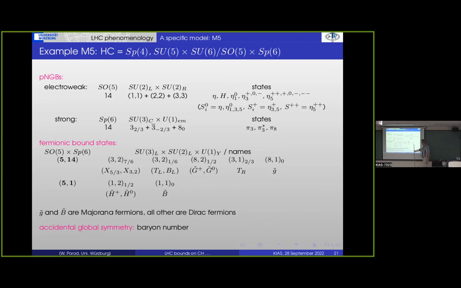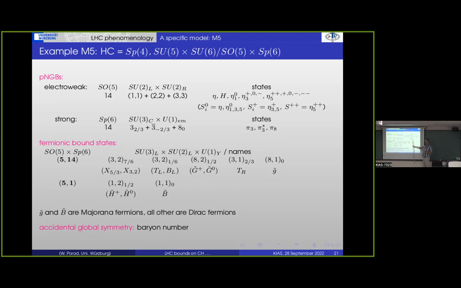But this also tells us that we can use, partially, SUSY information or SUSY searches to constrain the sector. In particular, it turns out that this model, if you really look at the level of the hyperfermions, contains baryon number as an accidental, global symmetry. And this in the end implies that either one of the fermions here or the pi3 has to be stable. Of course, for cosmological reasons, we don't want to have a charged dark matter candidate,